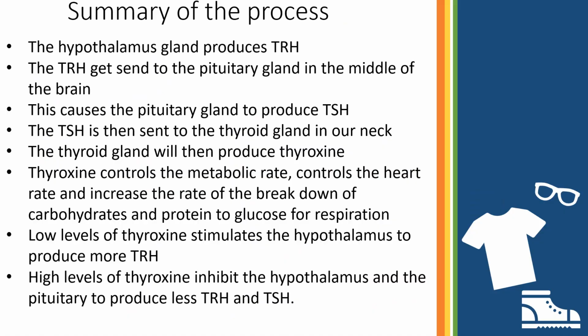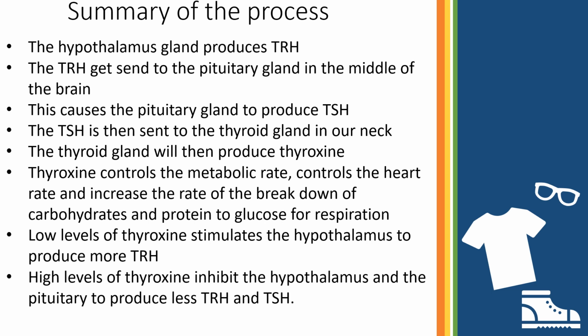So the hypothalamus gland produces TRH, the TRH gets sent to the pituitary gland in the middle of the brain. This causes the pituitary gland to produce TSH. The TSH is then sent to the thyroid gland in our neck. The thyroid gland will then produce thyroxine. Thyroxine controls the metabolic rate, controls the heart rate, and increases the rate of the breakdown of carbohydrates and protein